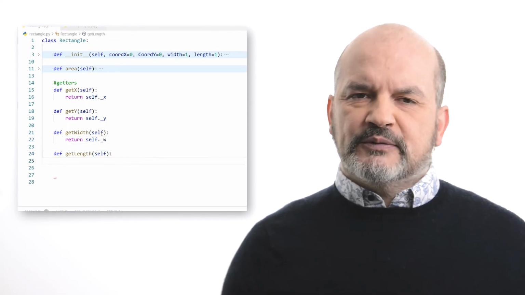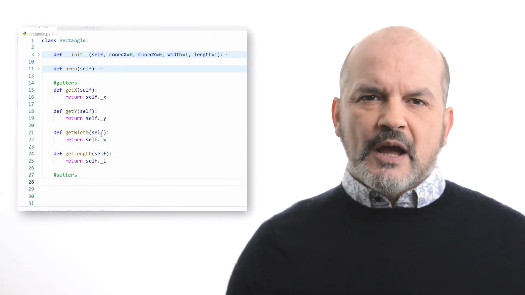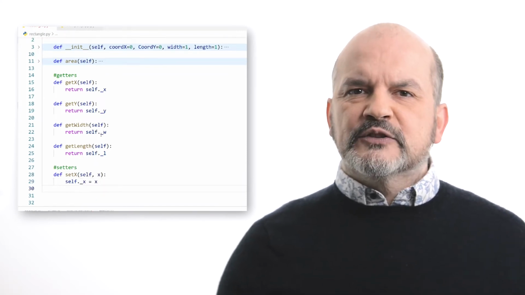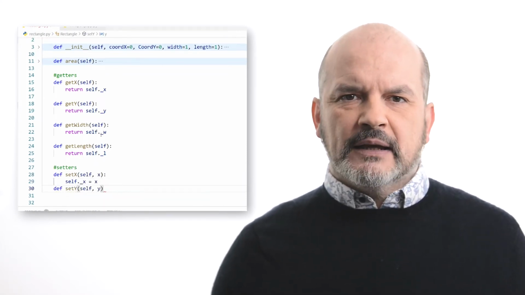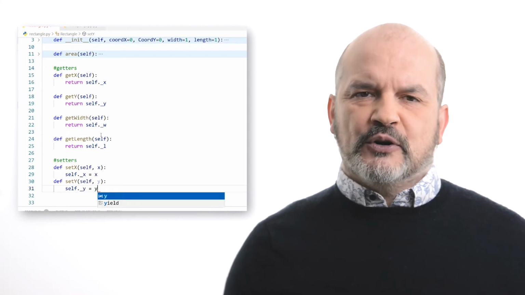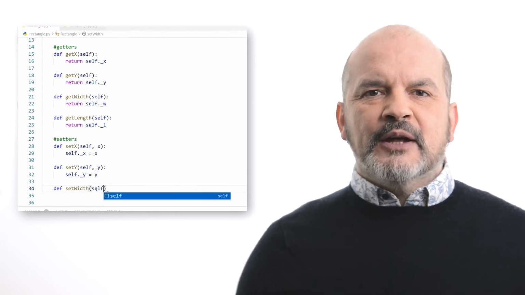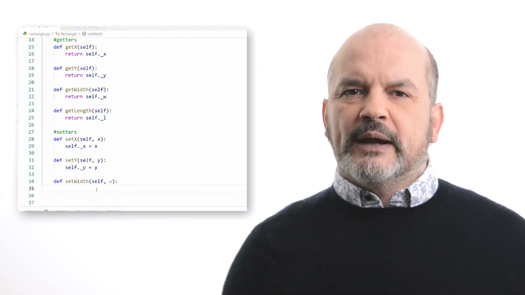These are pretty straightforward. Now, let's look at the setters. First, we provide the methods setX and setY to change the coordinate of the top left corner. More interestingly, let's implement the setters for the length and the width.